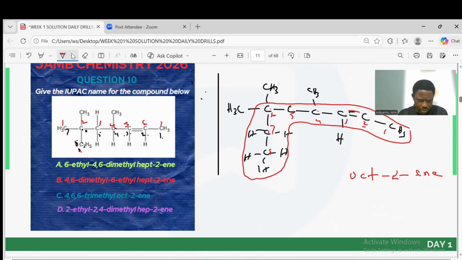So the answer has actually come out here. That is how you can be fast if you're writing JAMB, and just say it right away. But let's see whether the names there are consistent. 1, 2, 3, 4. A methyl group is there, a methyl group is there, a methyl group is there. So one at position 4, another at position 6, another at position 6. So that is 4, 6, 6-trimethyl